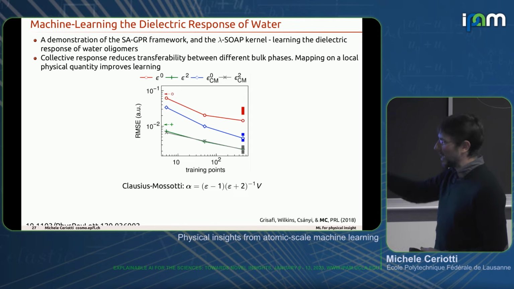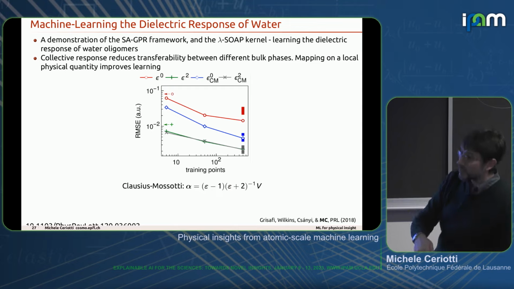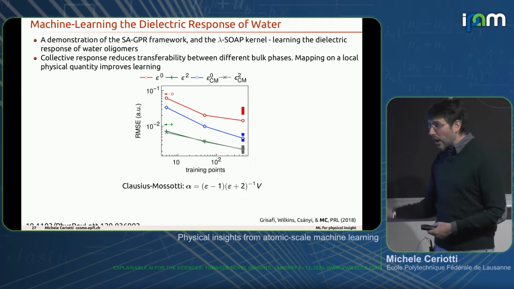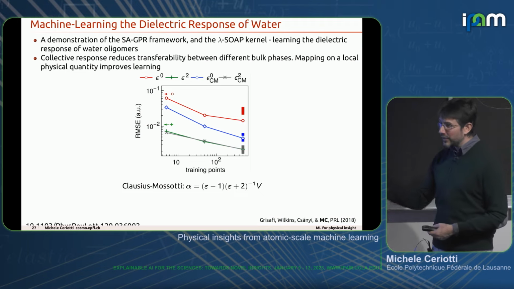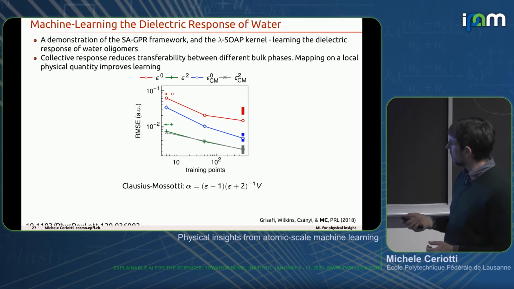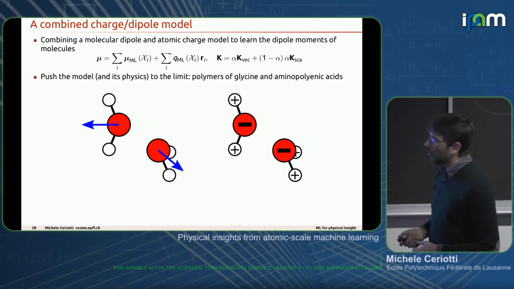It's not time-consuming to apply that. Then we learn this effective local response, which is much easier to learn. And when we make a prediction, we predict the simple properties and transform them into the collective property. So this is one way in which knowing about the physical behavior makes machine learning much, much easier at no additional cost. Another example: when you want to learn dipole moments,